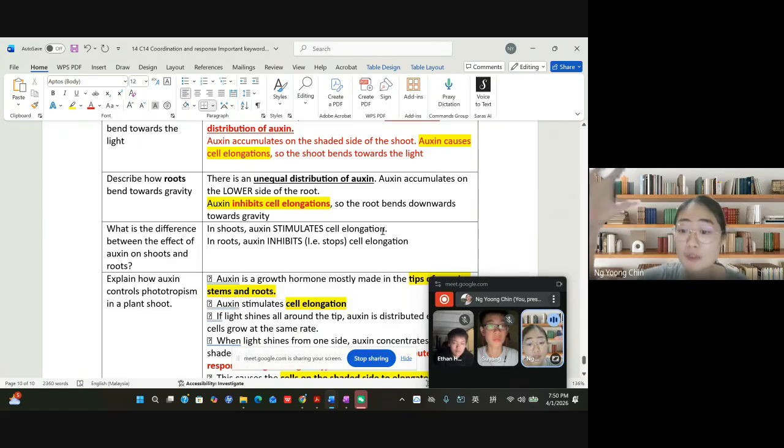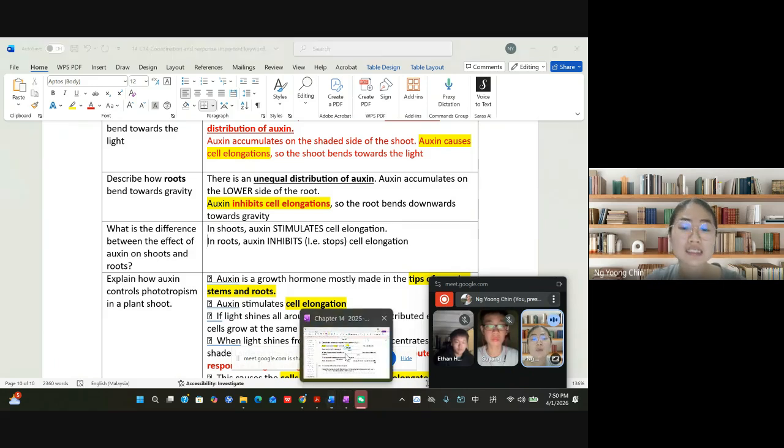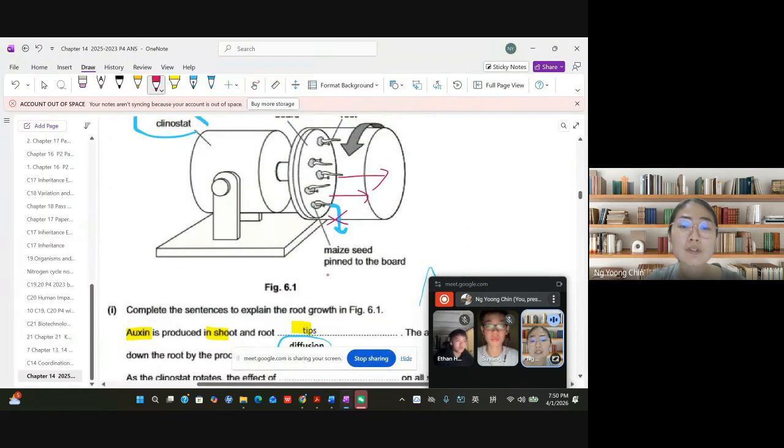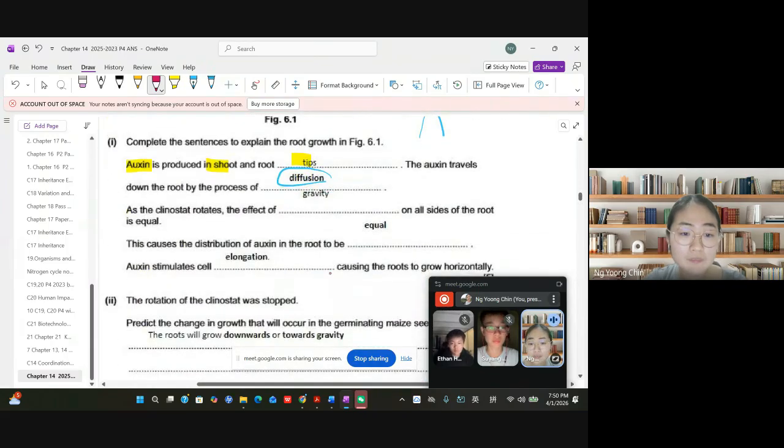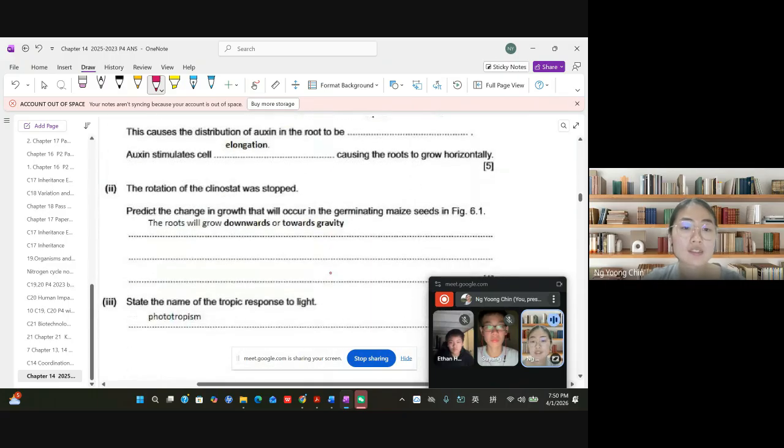So whenever you answer the question, you should keep your eyes sharp, 擦亮你的眼睛, to see whether it's asking about shoot or roots. In this question, they're always asking about shoot. 他们同样是问这个，我们讲这个 shoot 还是 roots，也要看清楚一点。